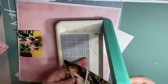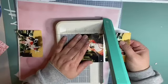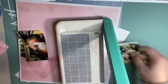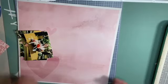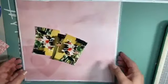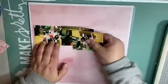I typically do my lives at night. That is when I'm better. I'm more of a night owl than a morning person. But I like getting into the craft room. I like starting my day this way. Well, I've been out and about, but...